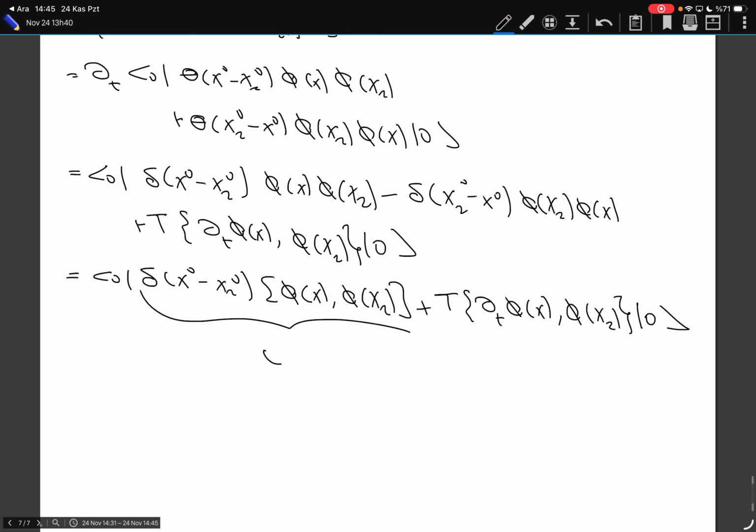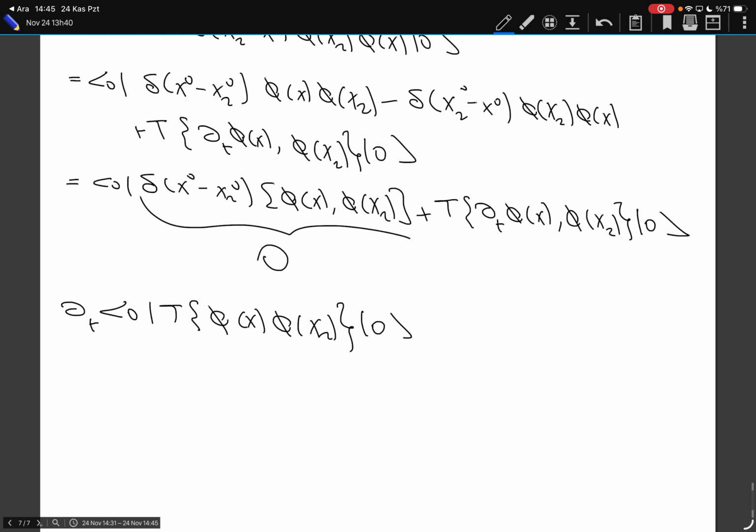This whole thing is 0. First of all, the commutator is at equal times, so two fields at equal times always commute. So what I have shown here is the time derivative of this time-ordered product is just